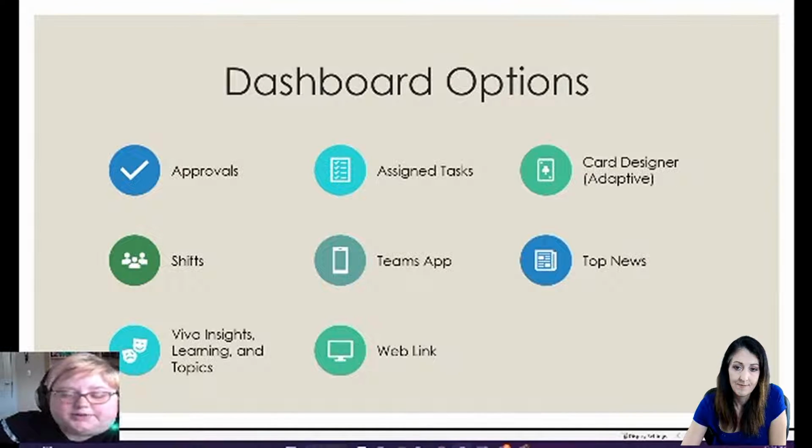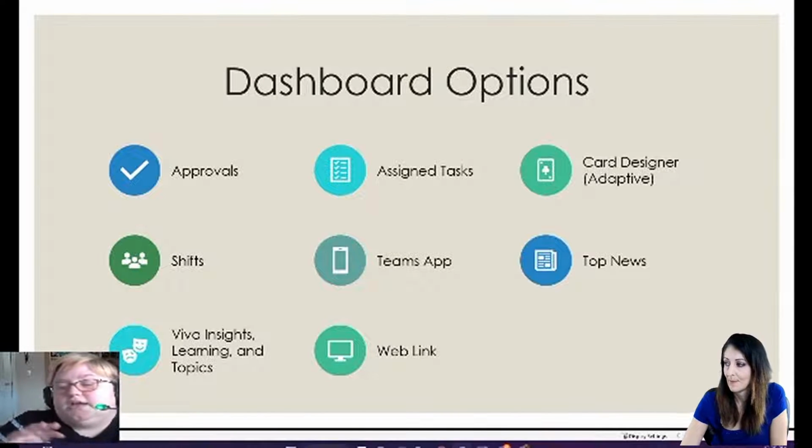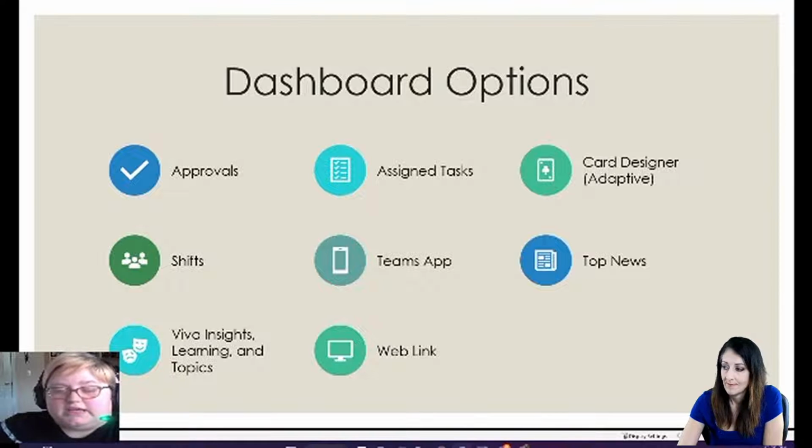There's the card designer. So that is adaptive cards. That is not something I'm going to go into detail today because I started to look at it from a power user perspective. Again, if you're a developer, then dive right in, maybe you'll love it. But if you're a power user, I always like to look at things from a power user perspective to see if there's ways we can use the card designer. And in this instance, these are the cards that are specific to Viva Connections, but can we use the card designer to do anything out of the box